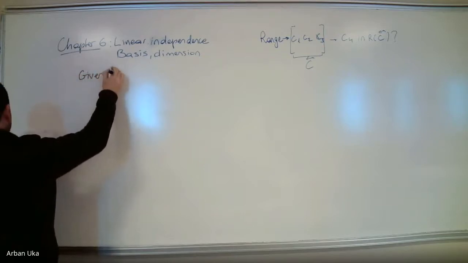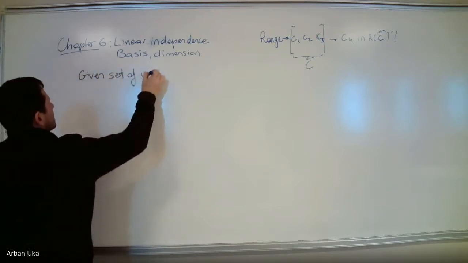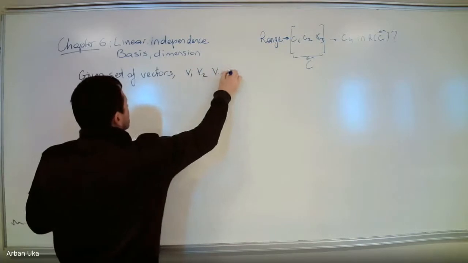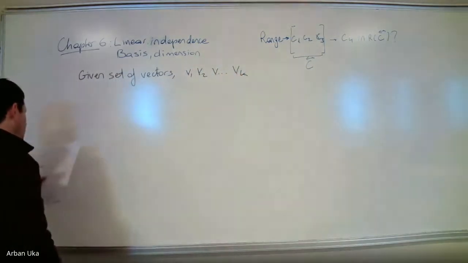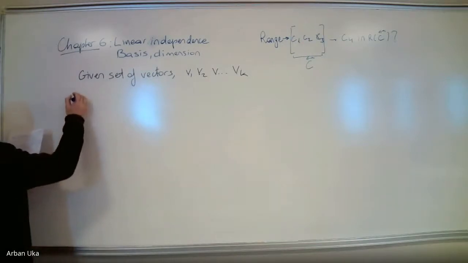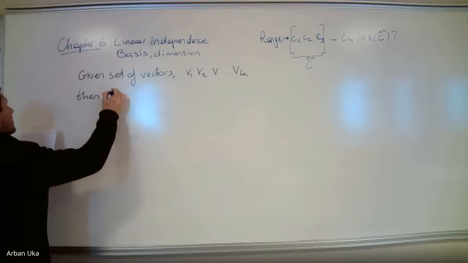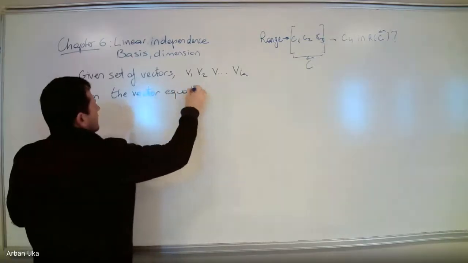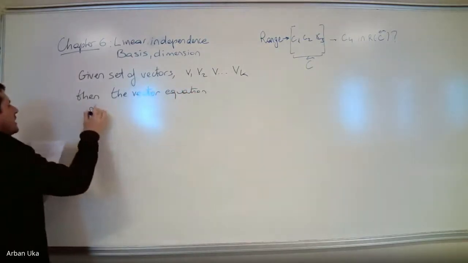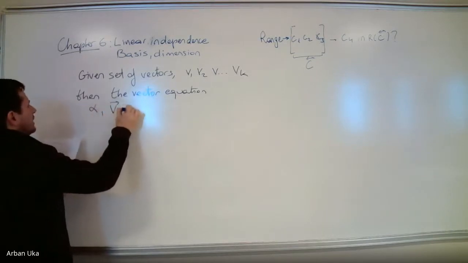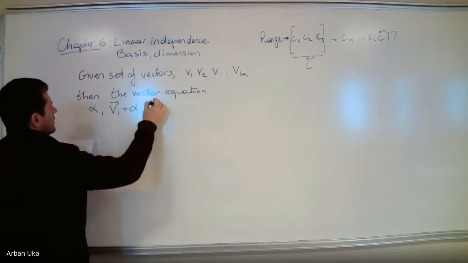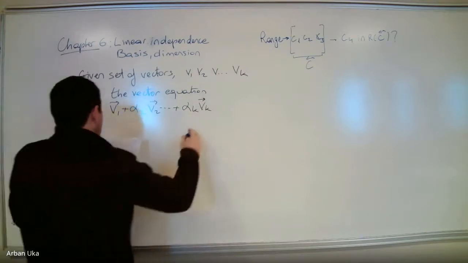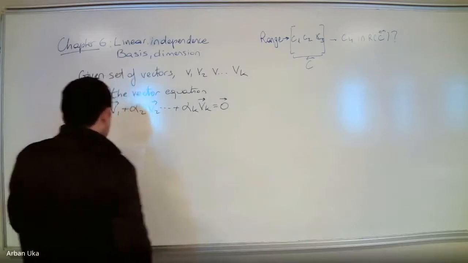So let's say, given a set of vectors v1, v2, up to vk, then the vector equation, which is represented by alpha 1 v1 plus alpha 2 v2 plus up to alpha k vk, this equation, which would be equal to 0,